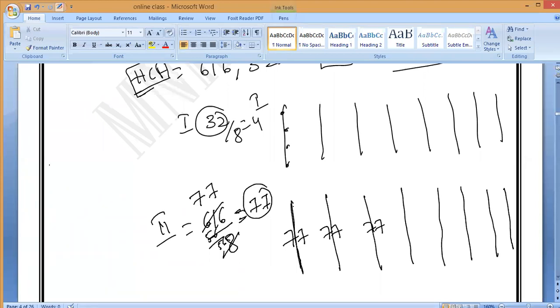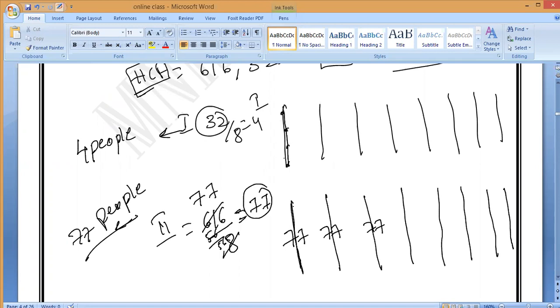The 32 plus the 616 fellows can form 8 columns. So 32 fellows will be arranged, each column 4, and 616 fellows will be arranged, each column 77 behind them. So that is what it is. Do you understand or not? Sums like these will come in the exam. If they ask for maximum possible columns, then you have to do HCF. Suppose they ask how many members are in each column?